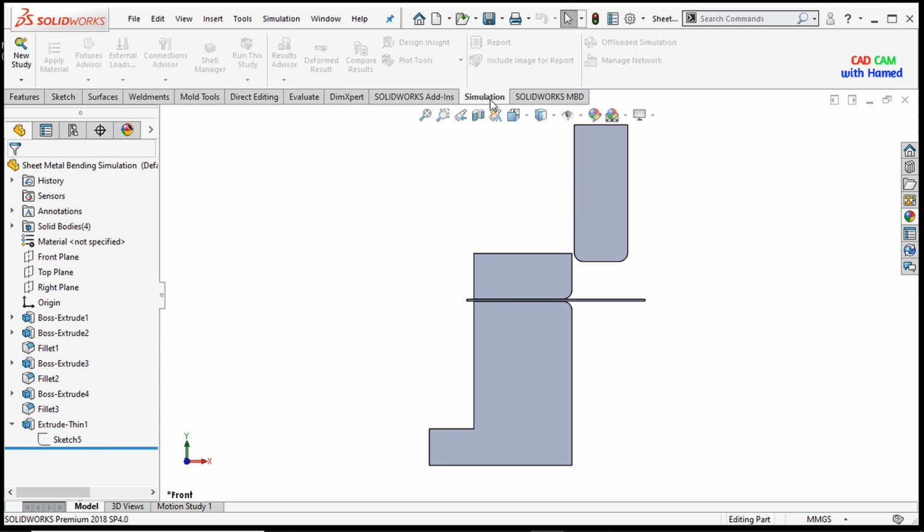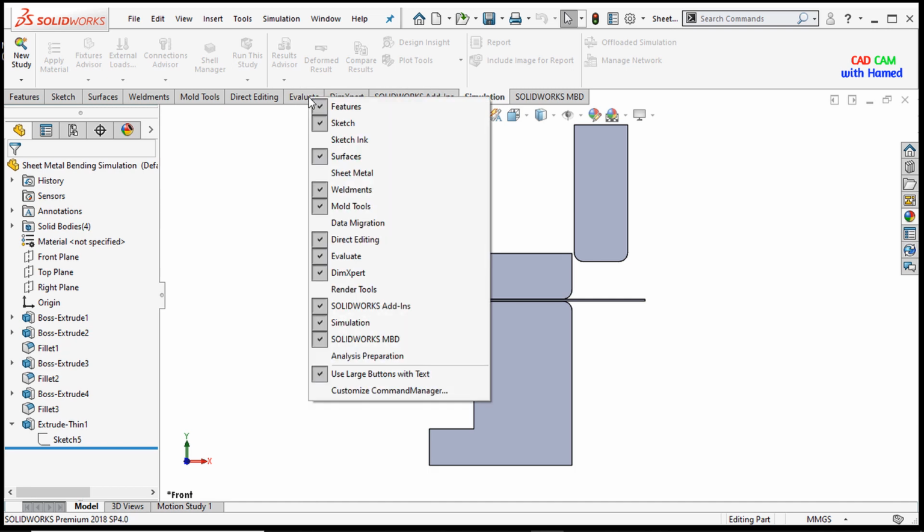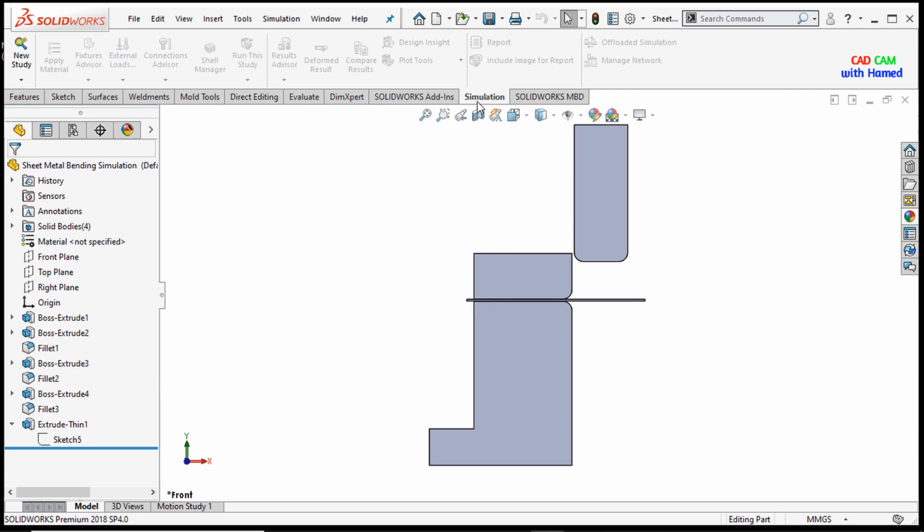Here is the simulation tab, and if you don't know how to add it by this method, then you can also add it by right clicking on it and selecting simulation, and this simulation tab will be added here. Now drop it down and select the new study,